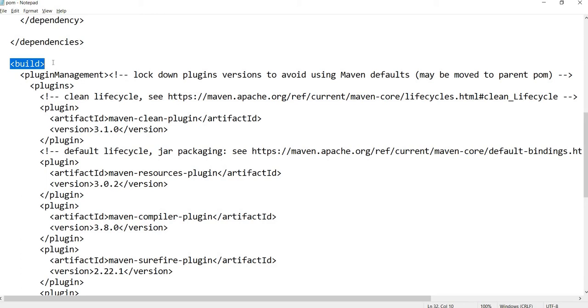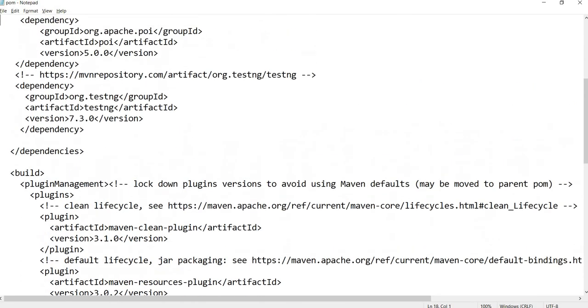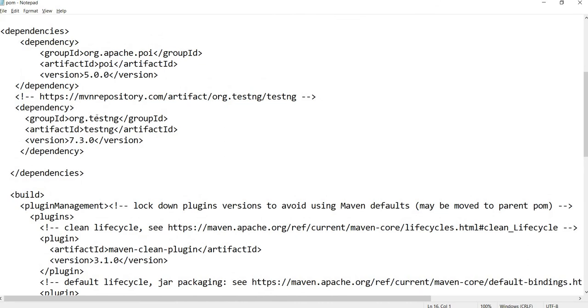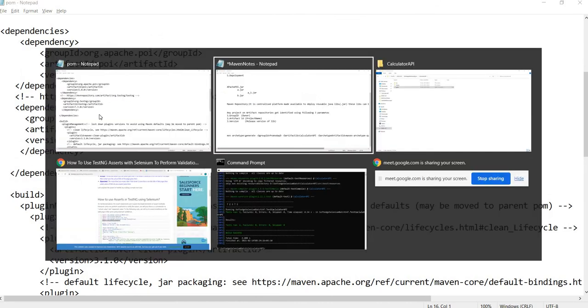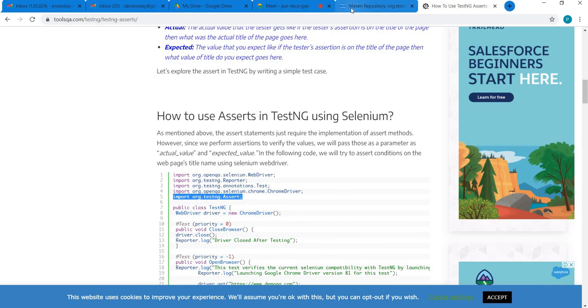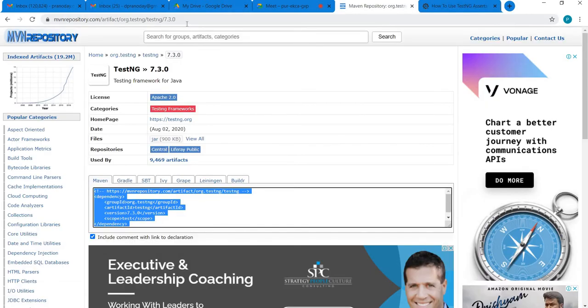Once you are done with downloading these dependencies, Maven will download them from the artifact repository like mvnrepository.com. By default Maven goes to this to get the dependencies downloaded, but you can configure Maven to go to other artifact repositories like Nexus as well, right?